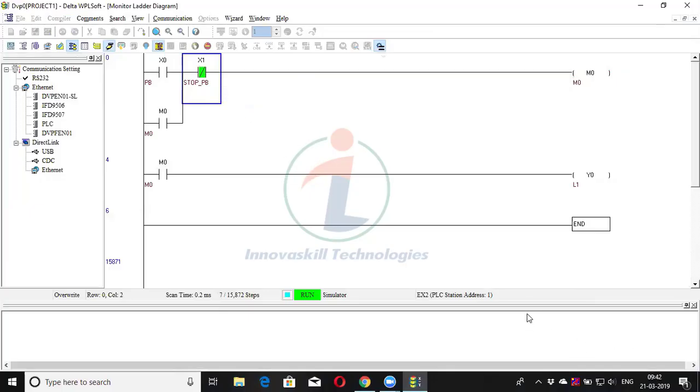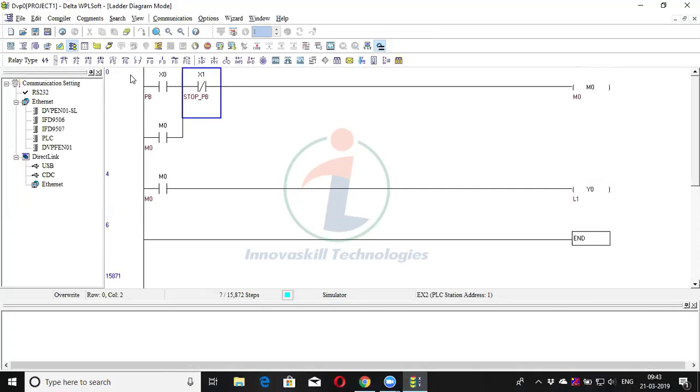So this is how you have to execute the program. So now if you want to edit the program, again select stop, disable this online mode and start editing the program.